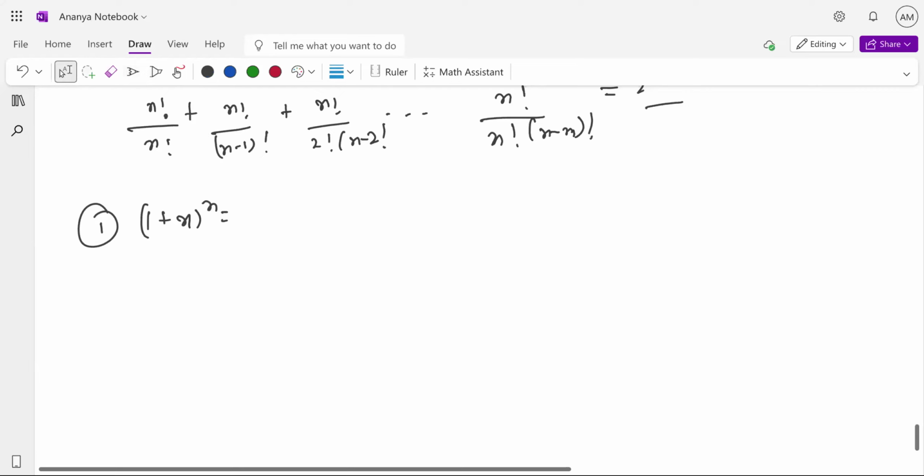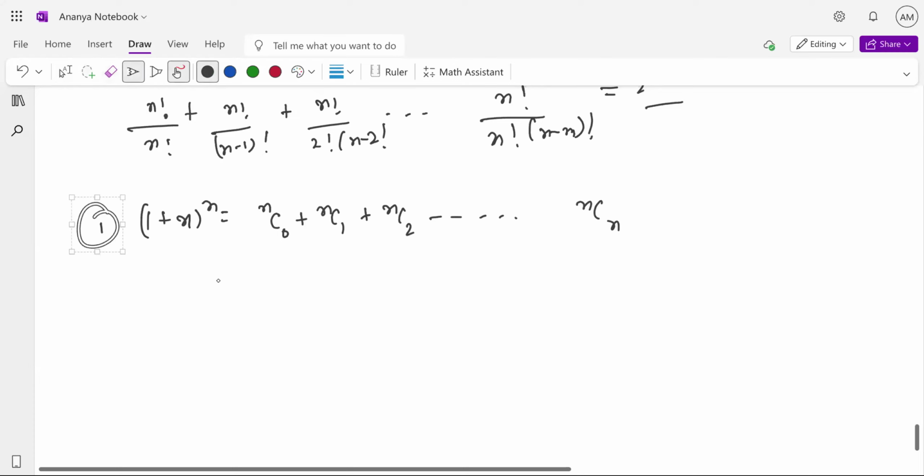So what is this in this case? It is nothing but nC0 plus nC1 plus nC2, and so on, till nCn. Is it? Yes, sir. We had the next thing, x to the power n minus 1. But what if I tell you to do one thing, put x equals 1 itself? I am saying put x equals 1.